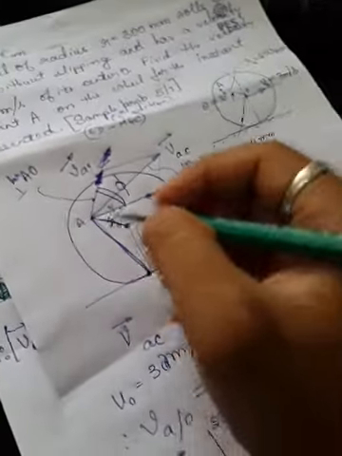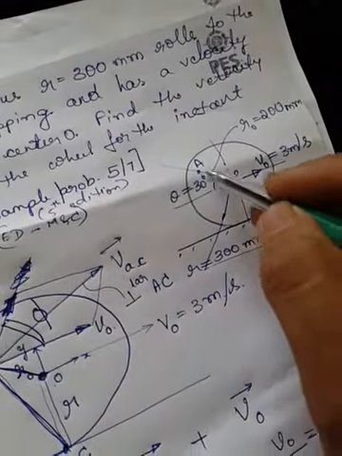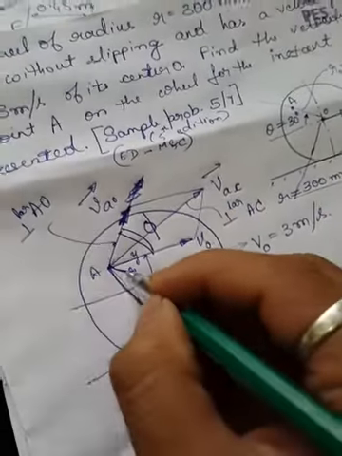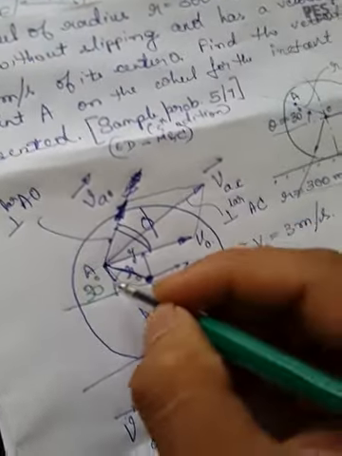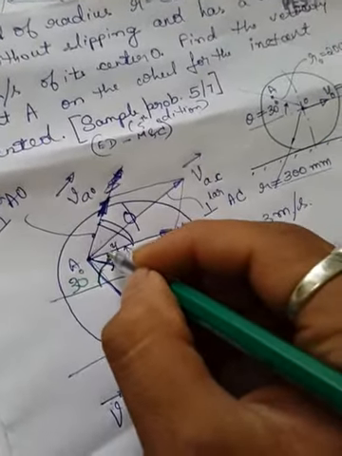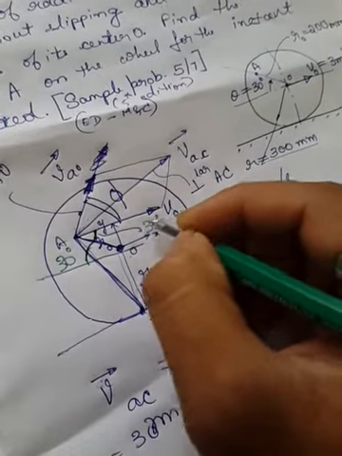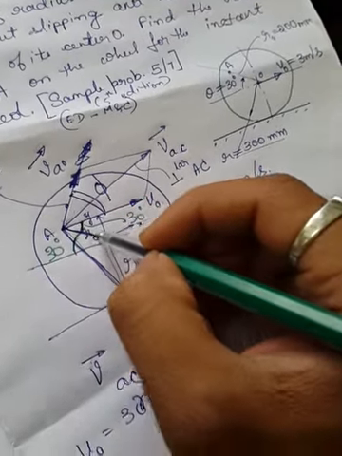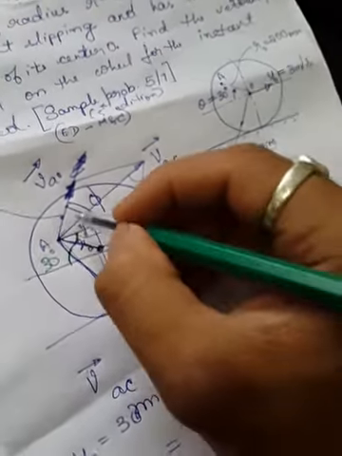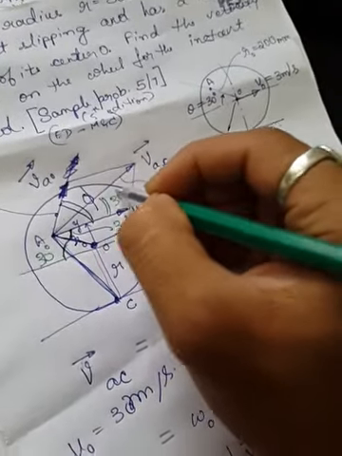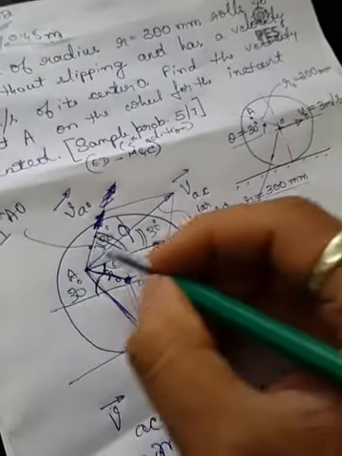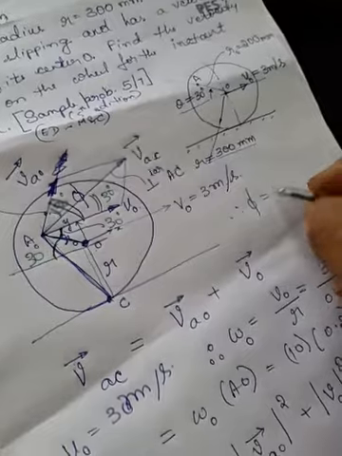In the diagram it is given that AO makes an angle of 30 degrees with the x-axis. So my x-axis is here. This is 30 degrees, correct? If this is 30 degrees, this angle is also 30 degrees, and this should also be 30 degrees. Therefore, what is phi? Phi is 30 plus 30, 60 degrees.